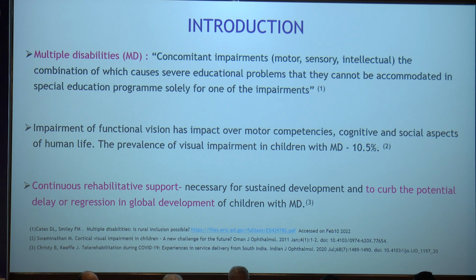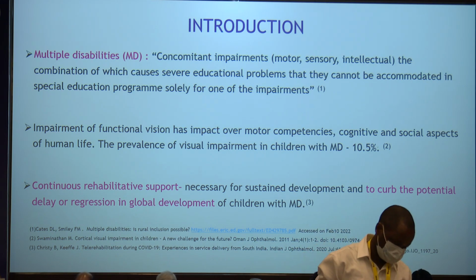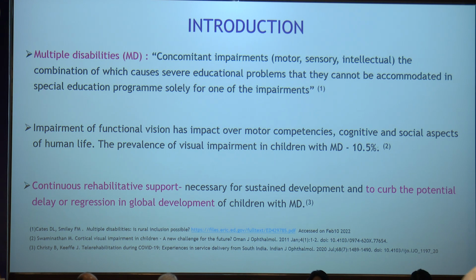Impairment of functional vision has an impact on motor competencies, cognitive and social aspects of human life, and the prevalence of such impairment in children with multiple disabilities is about 10.5%. Continuous rehabilitative support is needed for sustained development and to curb the potential delay in the global development of children with multiple disabilities. But during COVID,